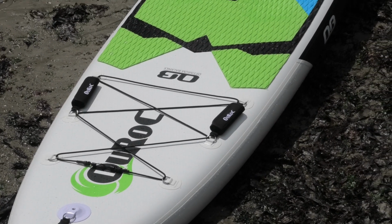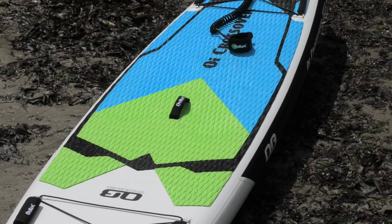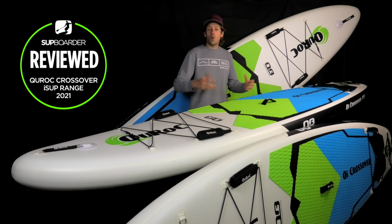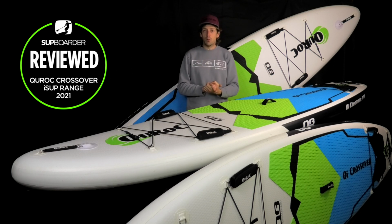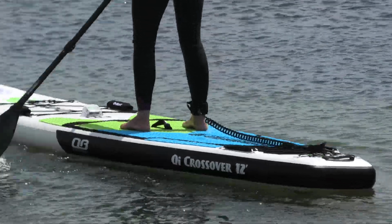You've still got the same width as the 10.6, so really it should offer you the same amount of stability, but it is slightly thicker, being 6 inches, so it will take a lot more weight on top of the board, if that's just a person, or maybe 2 people or more cargo, however you see that weight going on your board. Quroc have done quite a clever move with their new board, 12 foot,